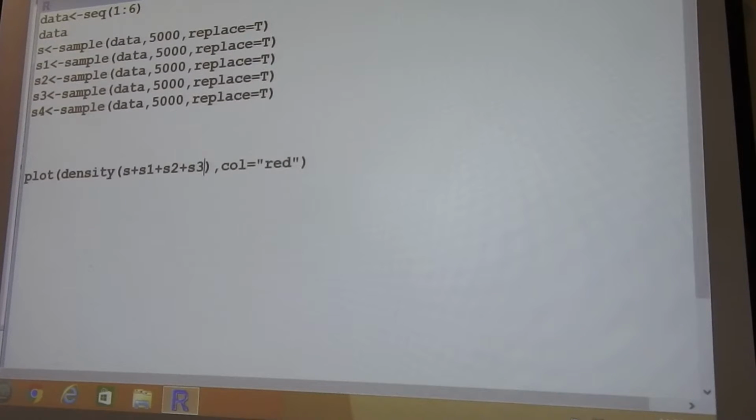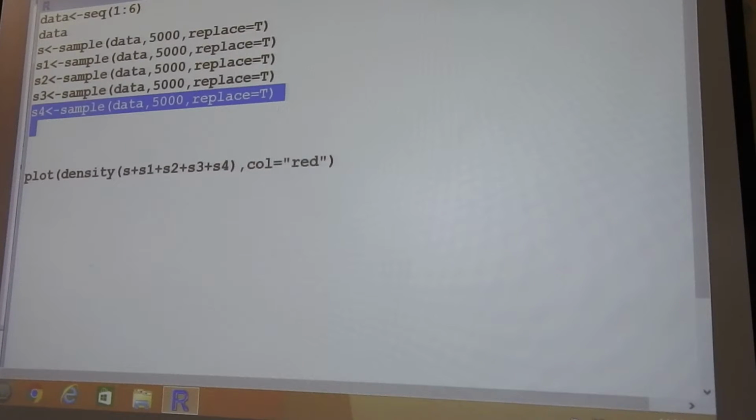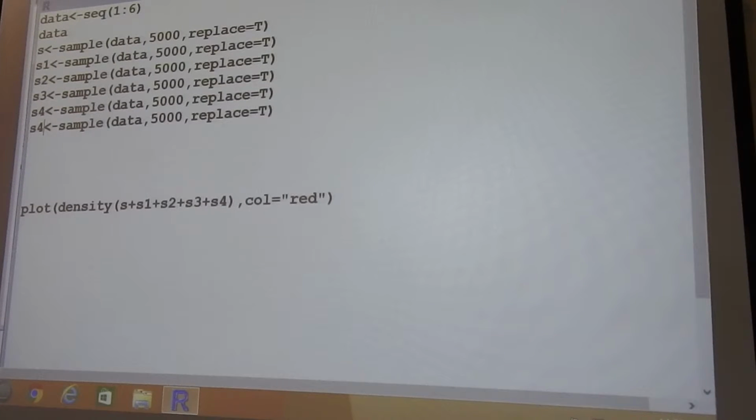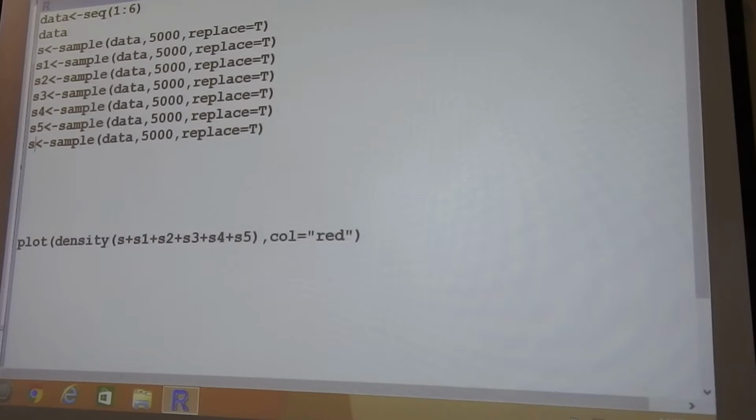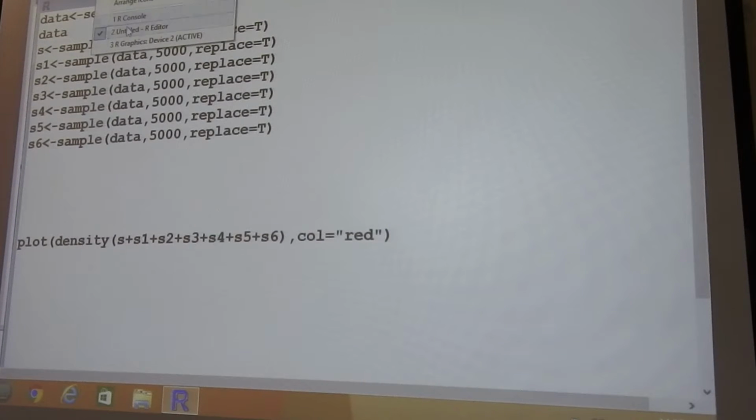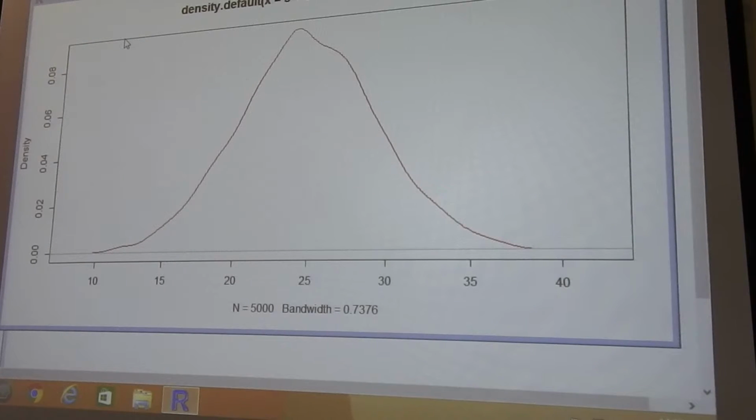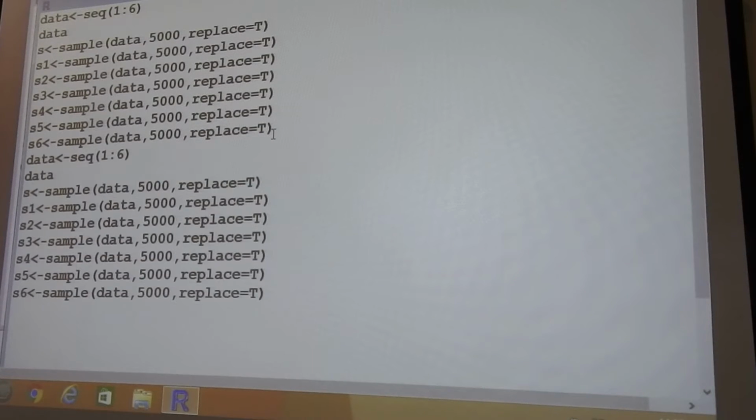S3 plus, if I add S4, S5, S6. Now you see it's becoming slowly more and more normal. It's not exactly normal as yet, but if I keep on adding numbers like this, so if I have another here,